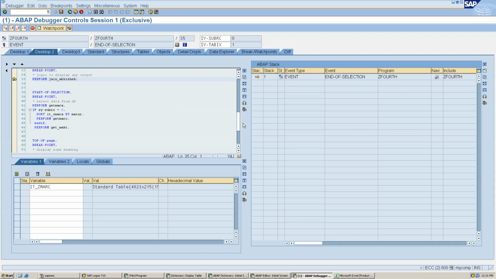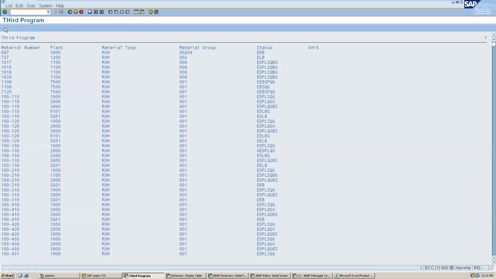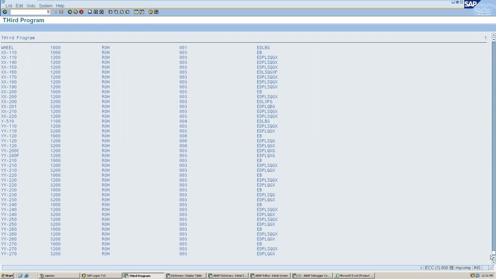Okay, fine. Now if I press F5 again, it has printed the output. So you can see here.